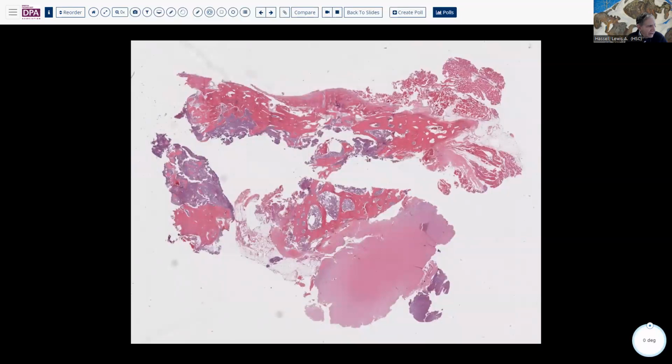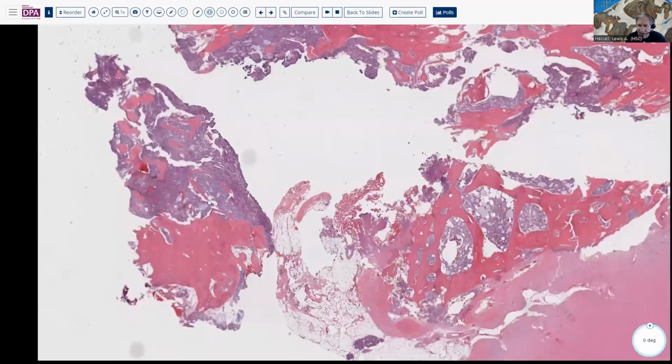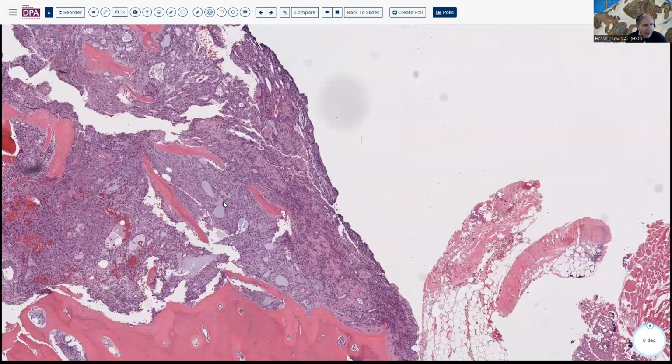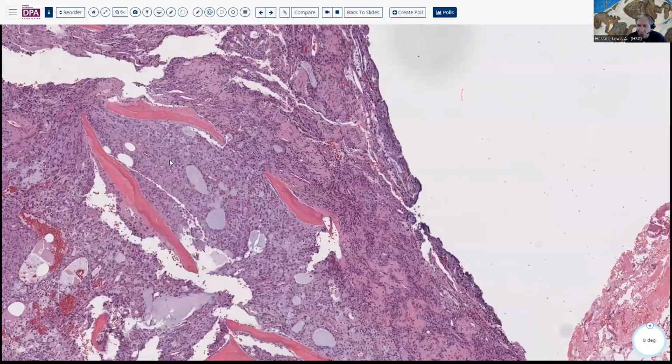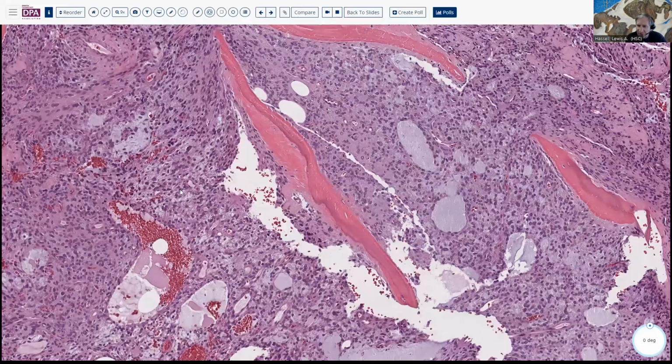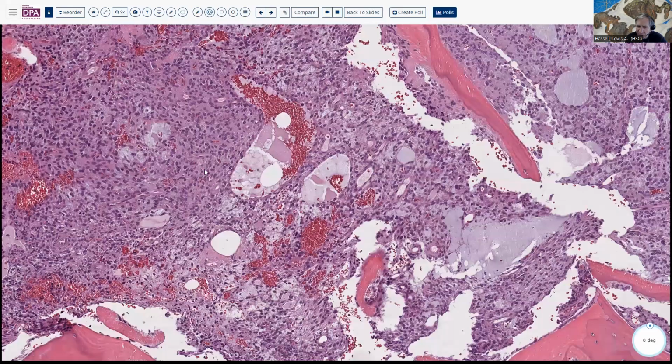One thing about these lesions is that they present typically with long-standing vitamin D resistant osteomalacia. And in that setting, they can be the cause of fractures, pain, various metabolic disorders, derangements of the calcium and phosphate axis. And here you see in this example, a not terribly spindle-shaped lesion, but a lot of sort of